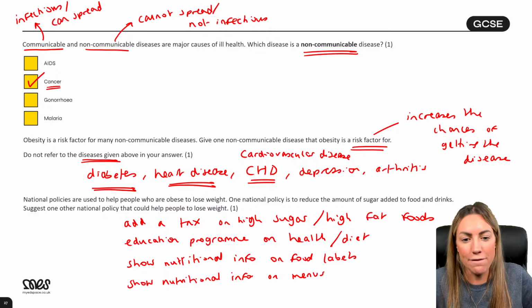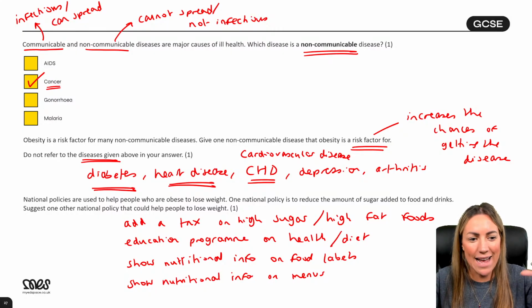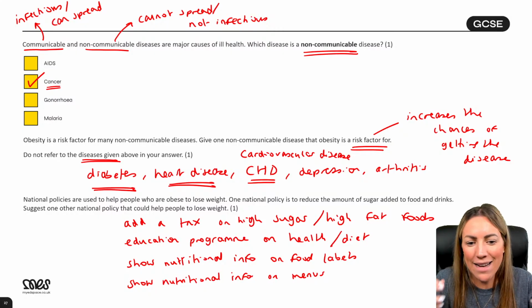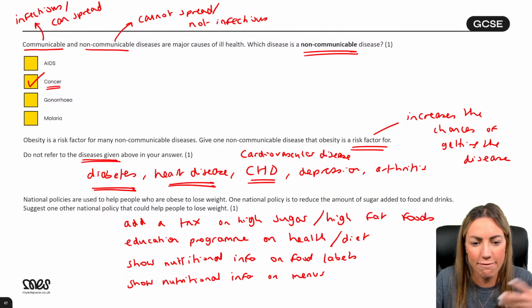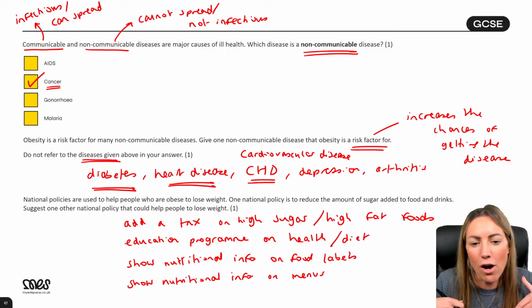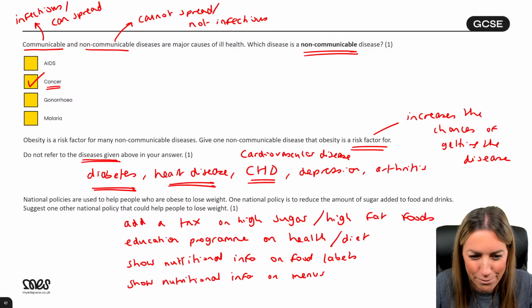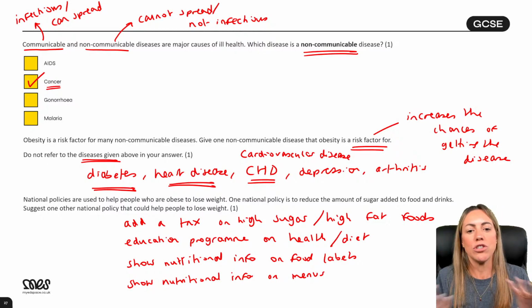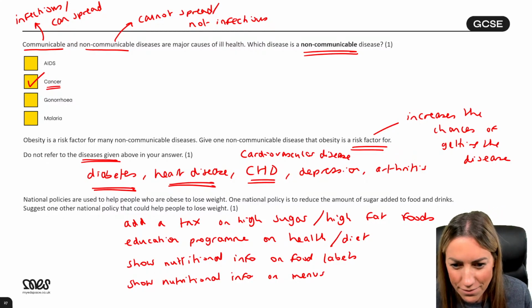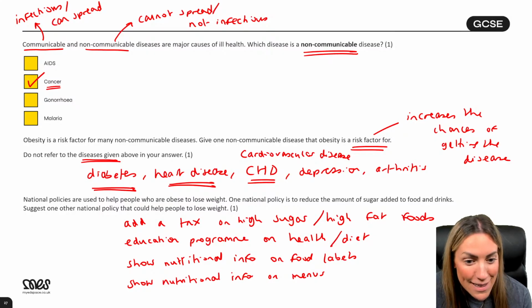Ban junk food adverts. Ban McDonald's from advertising on the television. You could even say things like ban supermarkets from putting promotions on high fat foods. Like, they're not allowed to do buy one, get one free on chocolate bars, or on full sugar drinks. Do you know what I mean? But these are all things that you could introduce on a countrywide level, right? One burger per person. Stop selling supersized meals in McDonald's.